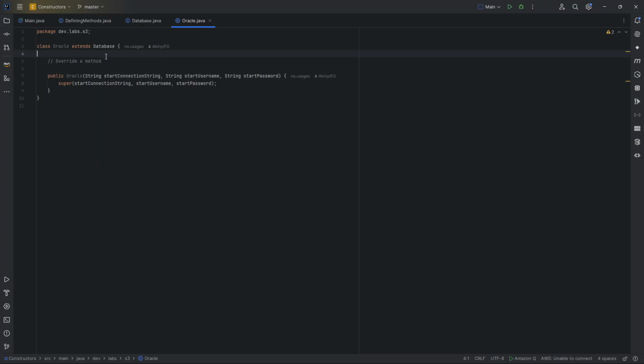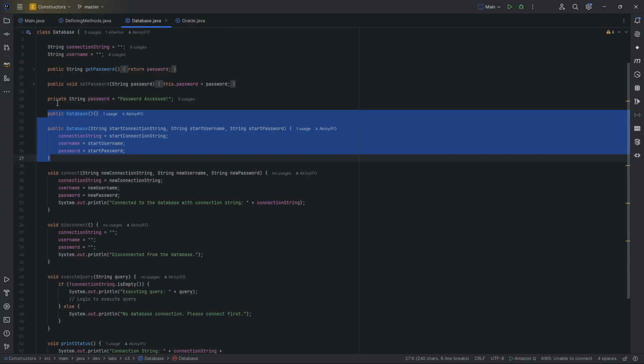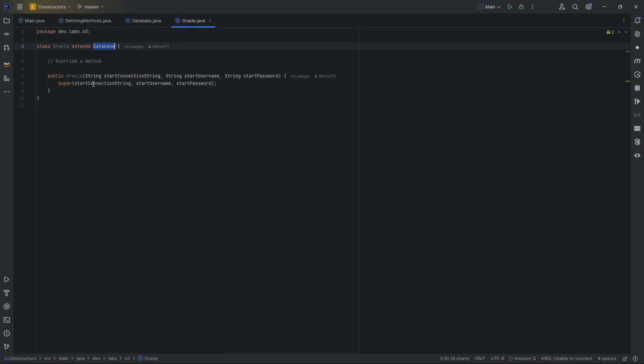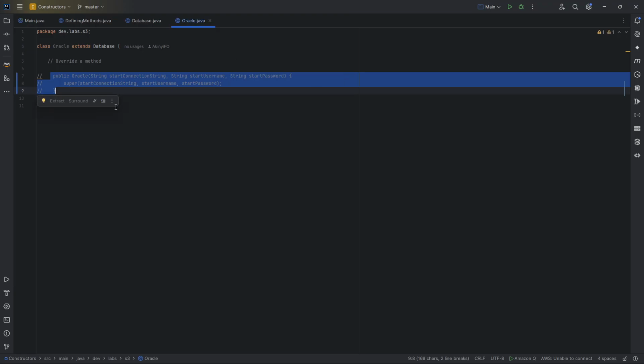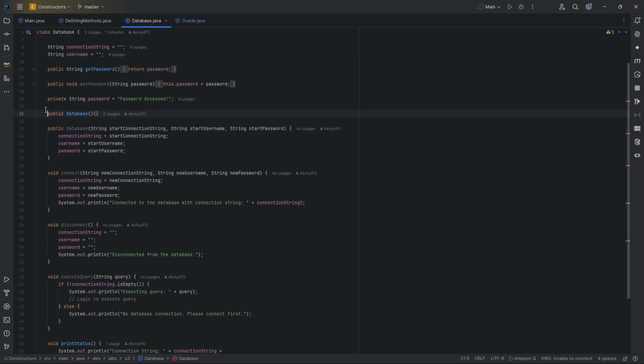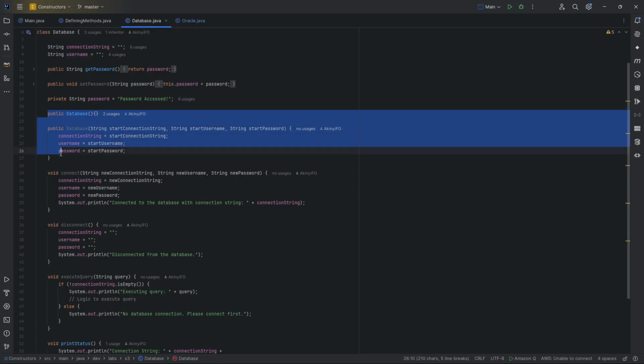I had created this earlier to show us an example of how sometimes you might prefer to have another database extending from the superclass database, or parent class database. So if I have this class here, Oracle, and it's extending class database, and I come to database here and remove the default constructor, I'll comment it out just in case I need to bring it back. So we have class Oracle that is extending database, i.e. it's inheriting from database. If I was to go to database and remove the public default constructor,